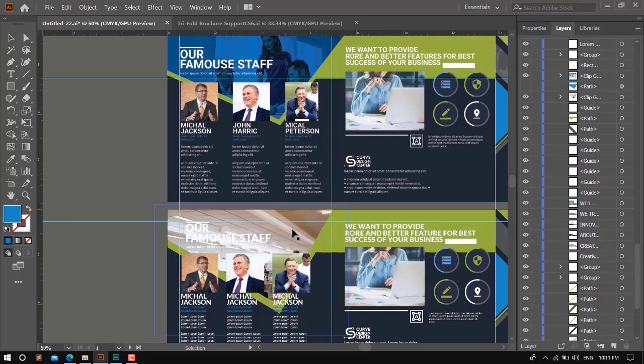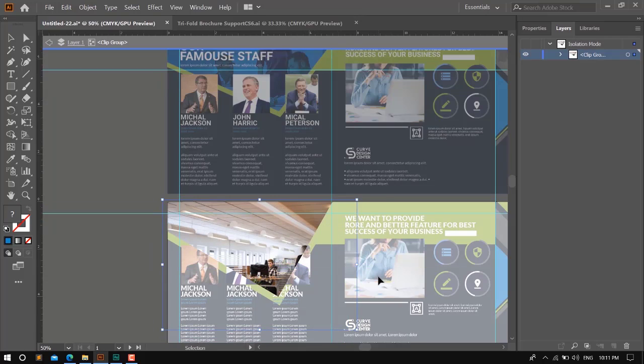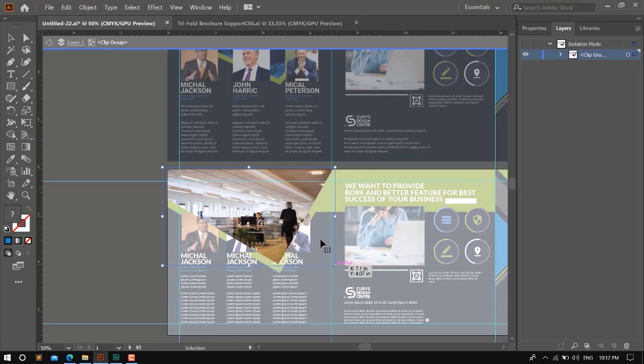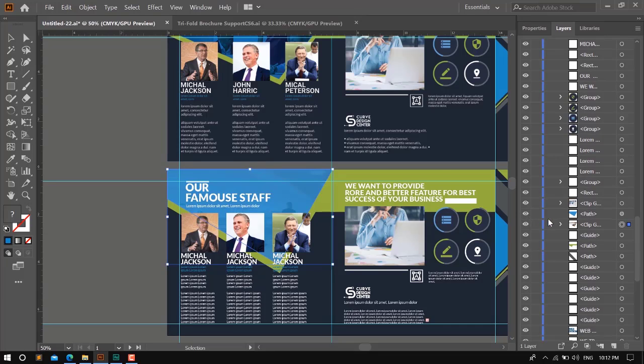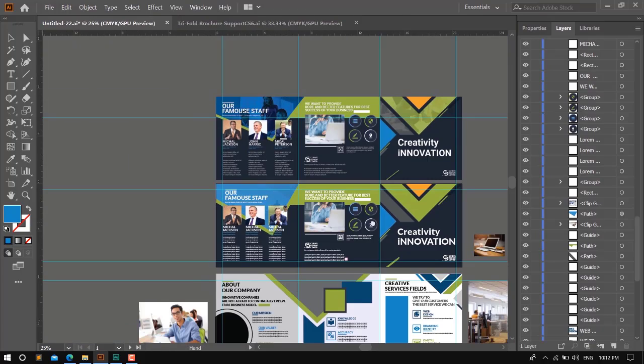So you can select the bottom layer, change the scale size, double click to exit. Now unhide this image. Okay, like this. You can also place any other image.